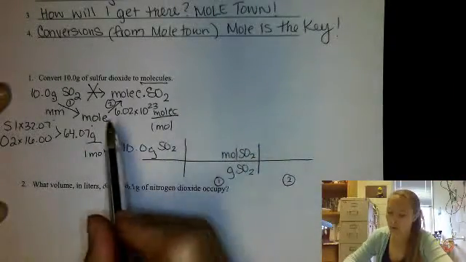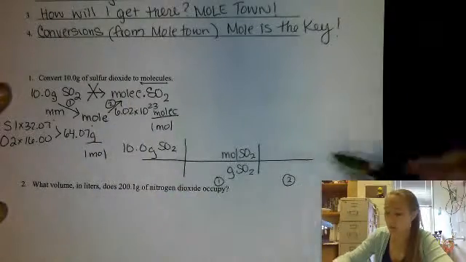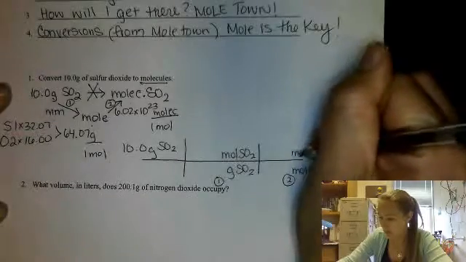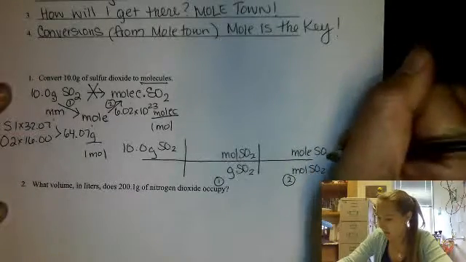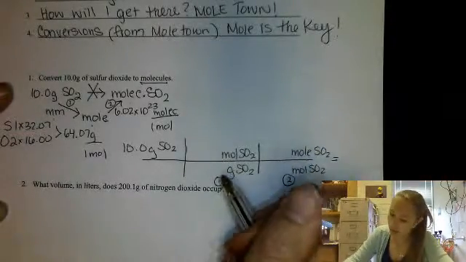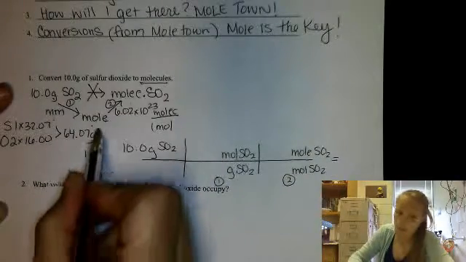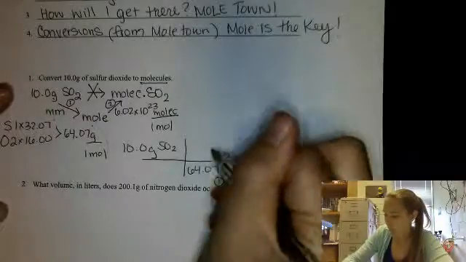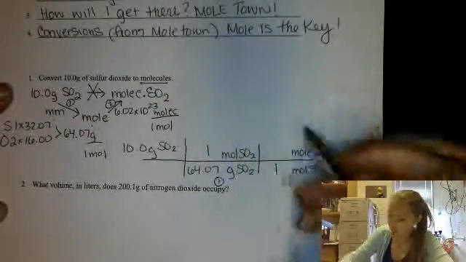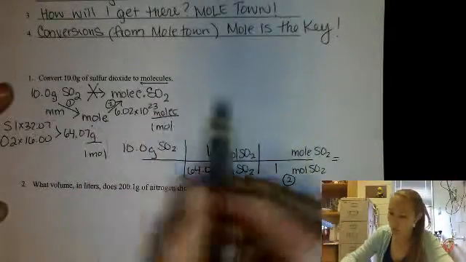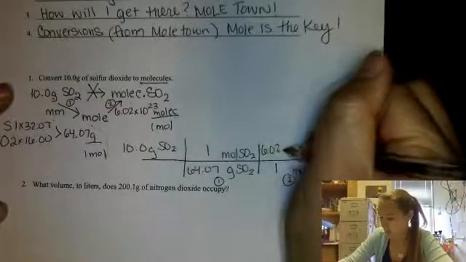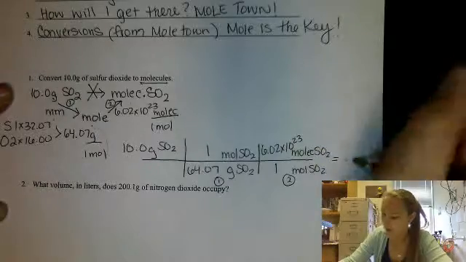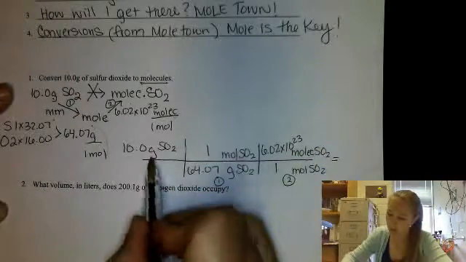My second conversion is from moles to molecules, so moles is on the bottom, and molecules is on top. And then I go back and fill in 64.07 grams per 1 mole, and every 1 mole, 6.02 times 10 to the 23rd molecules. When I plug that in, multiply across the